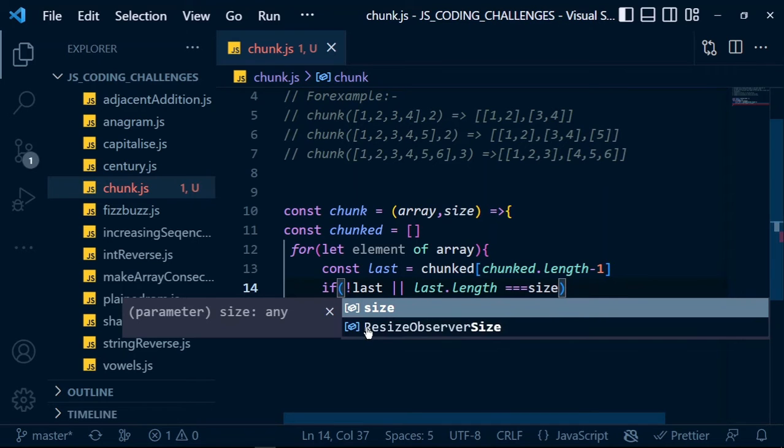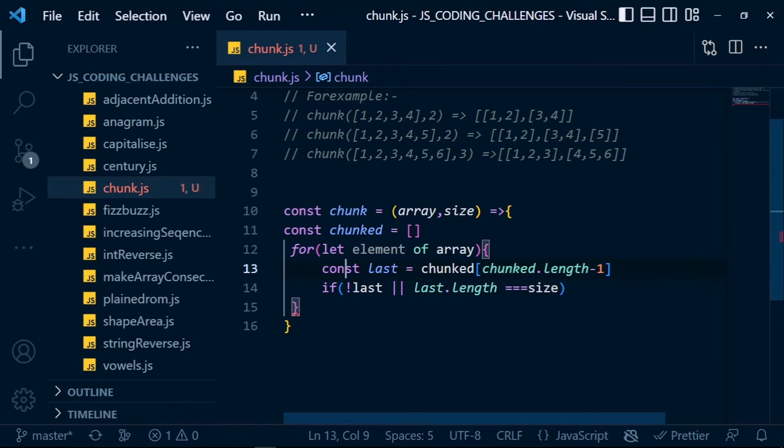So this statement is telling us if the last chunk does not exist, or if it exists but then its length is the size we are passing here, then